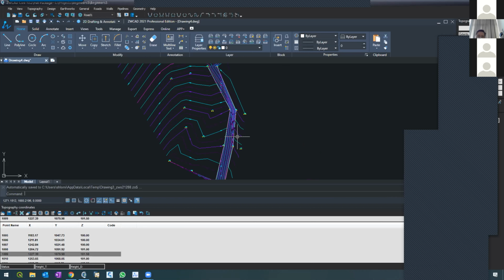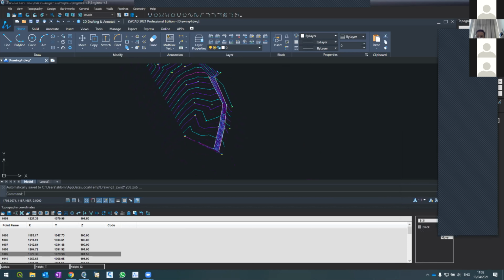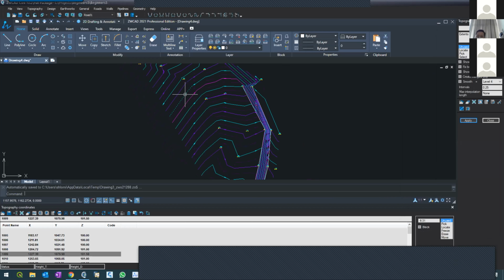Okay, I want to continue. So we saw the problem of the break lines. Now what I want to do is use the maximum interpolation length to remove this unnecessary triangle. So on the maximum interpolation length on the right,